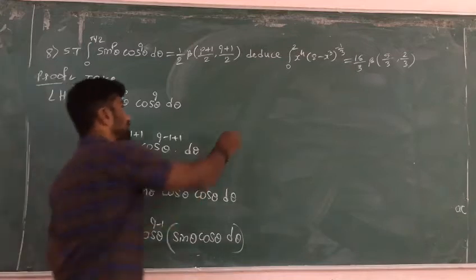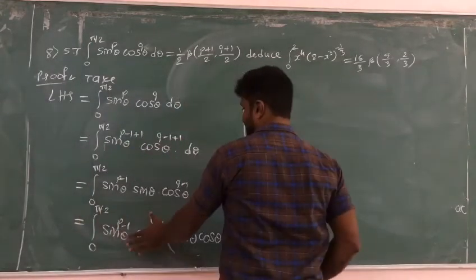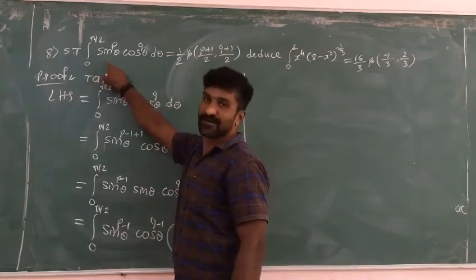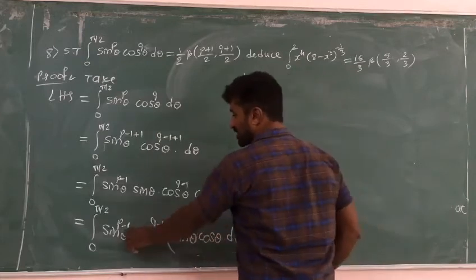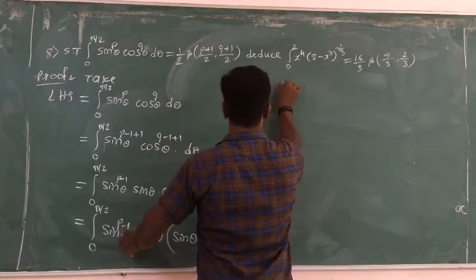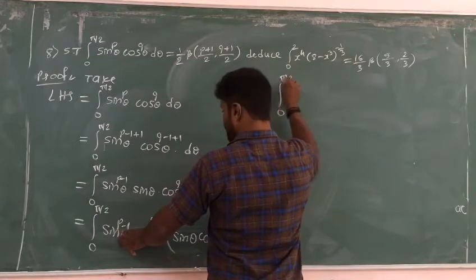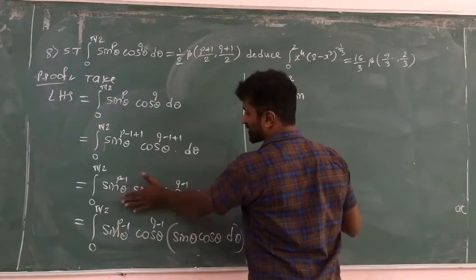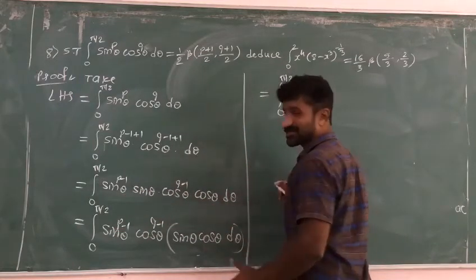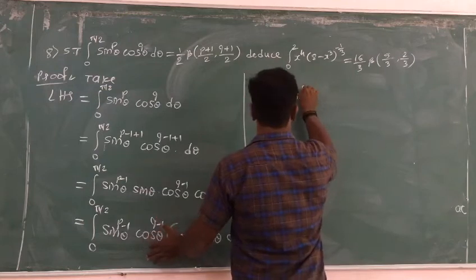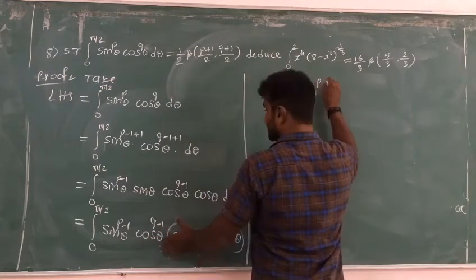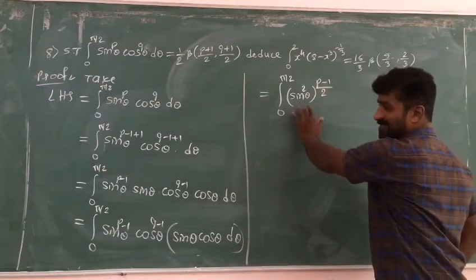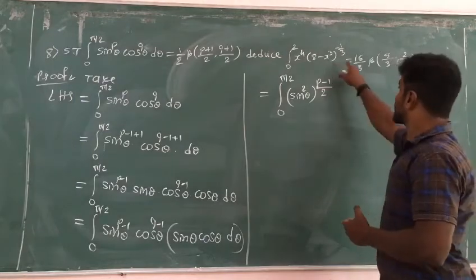Next step. Important: we should express it in terms of the beta function. Basically, it is not in the form of beta. So to convert to the beta function, I balance this step by multiplying and dividing by 2. Then we have to bring it to the form x raised to n minus 1 into (1 minus x) raised to m minus 1. So 2 theta into (p minus 1) by 2, the 2 cancels. Balancing. This step is important because of the conversion to beta.